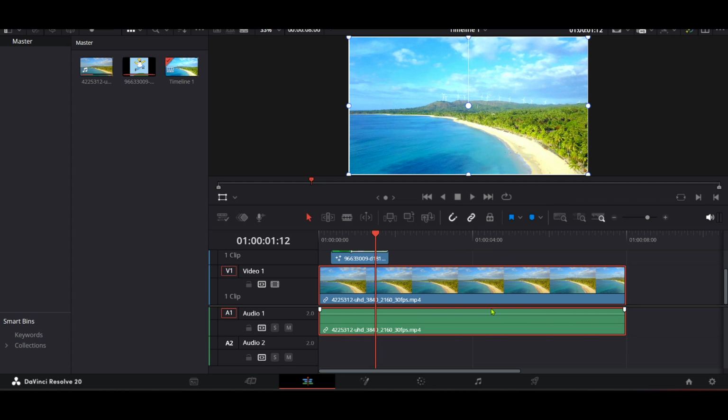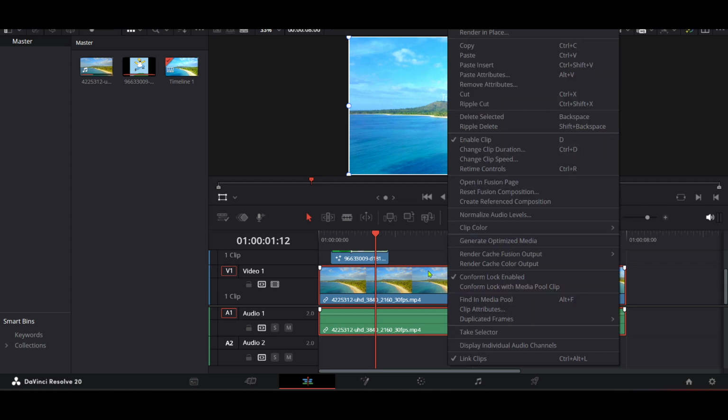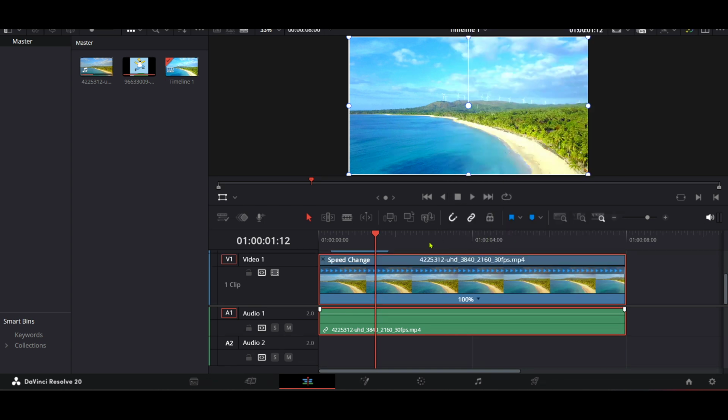When you've found your clip, right-click on it. This action will open a context menu with various options. Within this menu, you need to select Retime Controls. Clicking on Retime Controls will overlay a simple management menu above your clip, providing you with tools to adjust the playback speed of different parts of your clip. This feature is integral for speed ramping, as it allows you to seamlessly transition between different speeds to create smooth